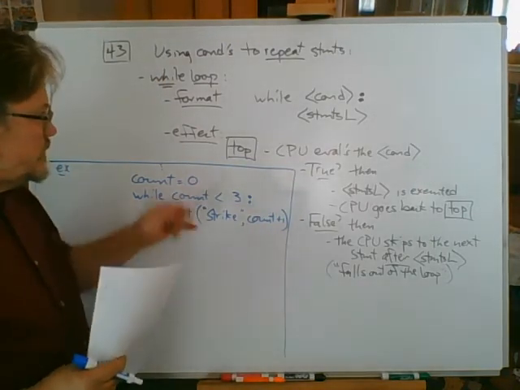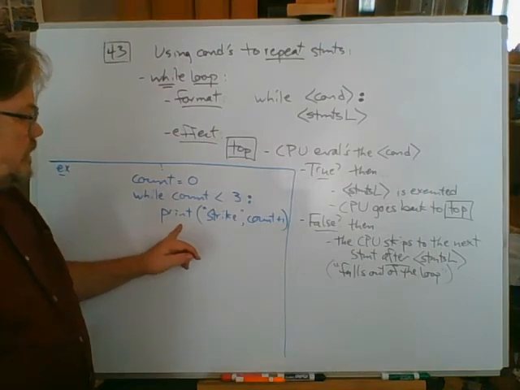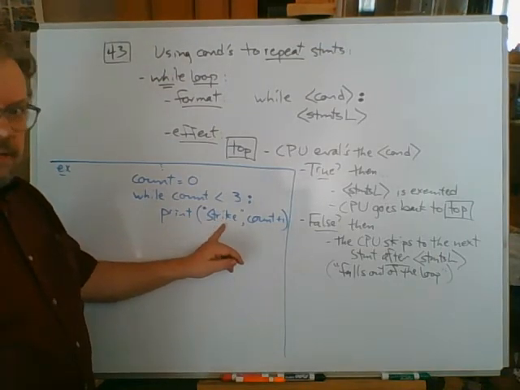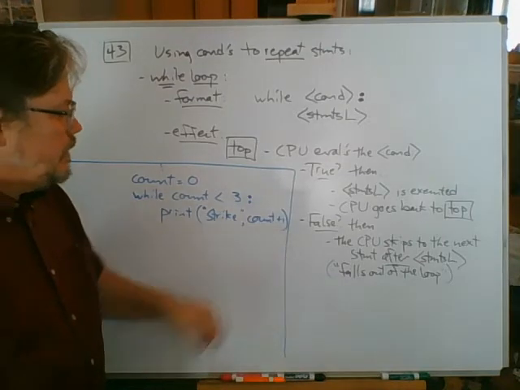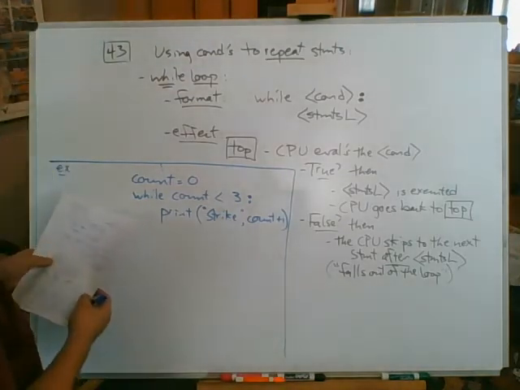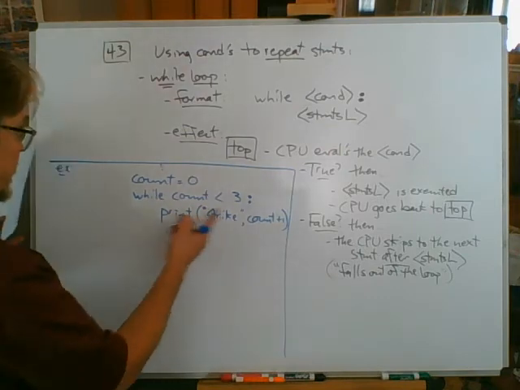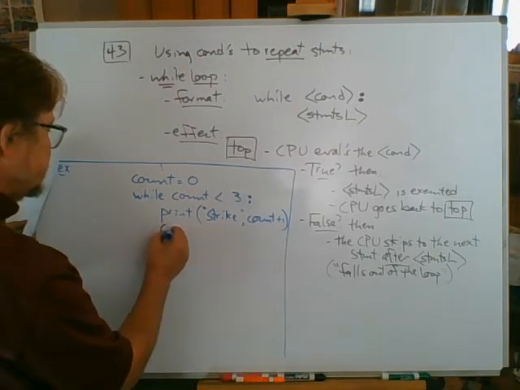The first indented statement inside statements L is a print statement. Print the string strike, enclosed in double quotes. This is a character string. A comma, and then count plus 1 is what that says. Then the next line is an assignment statement that says count